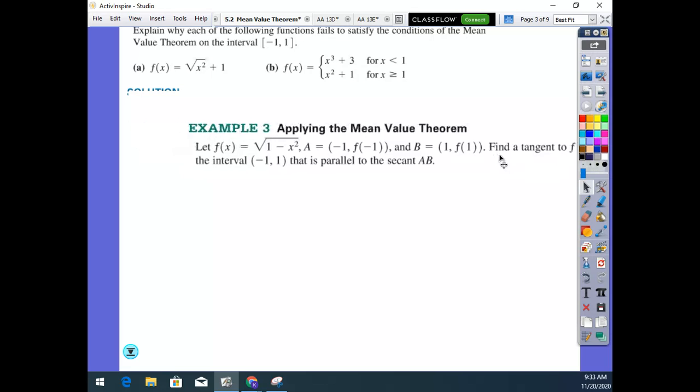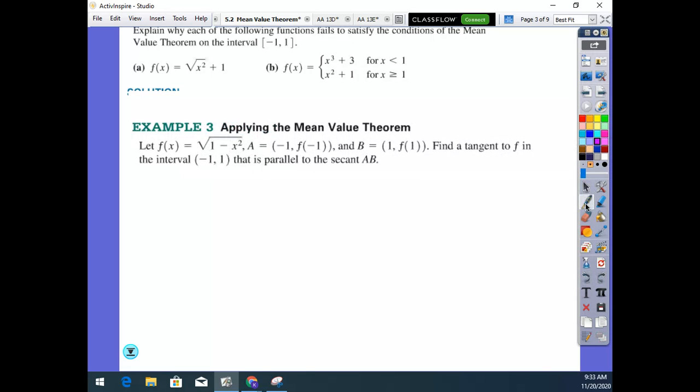Says find a tangent to f in the interval -1 to 1 that's parallel to the secant AB. So first of all, we have to talk about this particular graph. And sometimes it's helpful to understand,